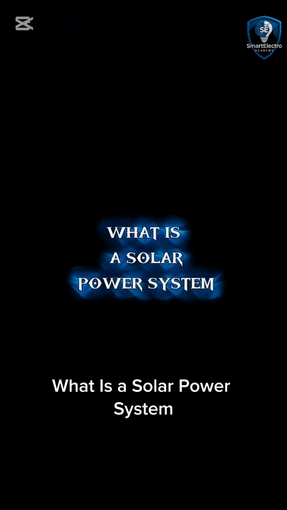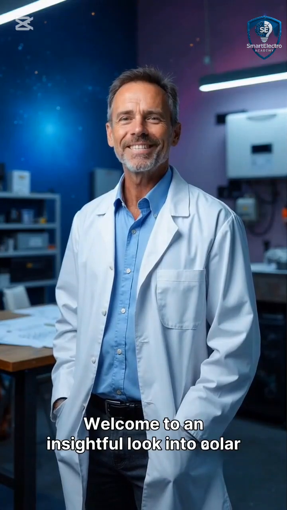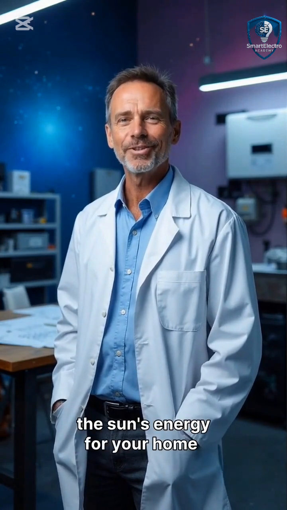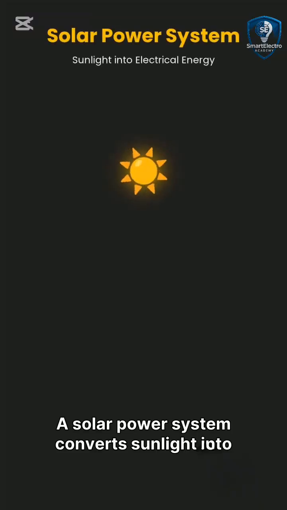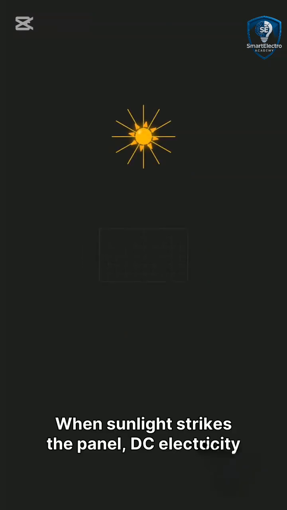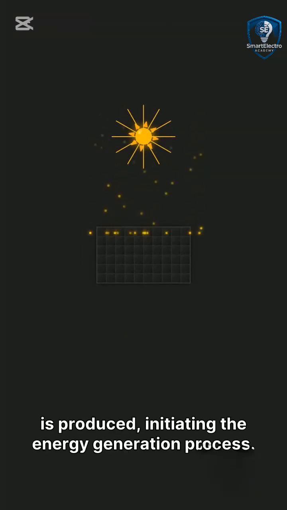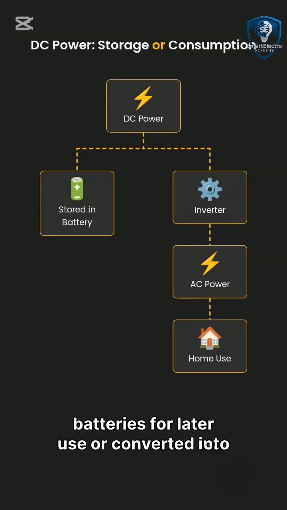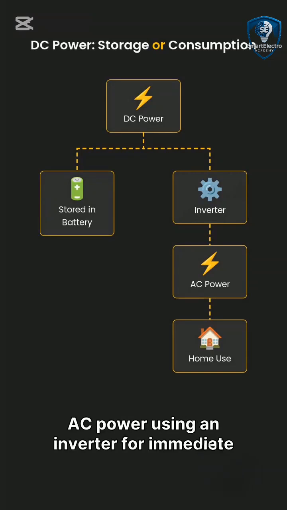What is a solar power system? Welcome to an insightful look into solar power systems, a revolutionary way to harness the sun's energy for your home. A solar power system converts sunlight into electrical energy using photovoltaic cells inside solar panels. When sunlight strikes the panel, DC electricity is produced, initiating the energy generation process. This DC power is either stored in batteries for later use or converted into AC power using an inverter for